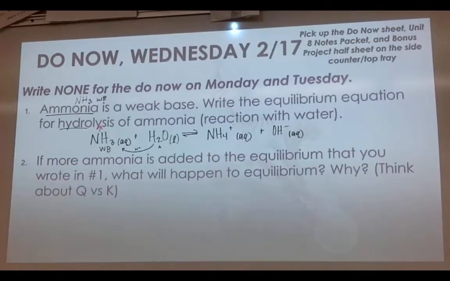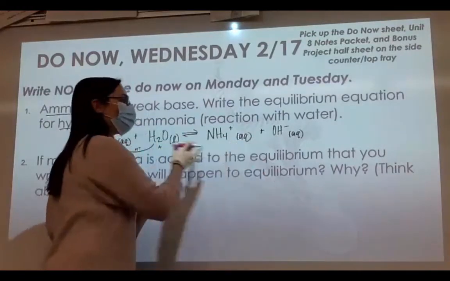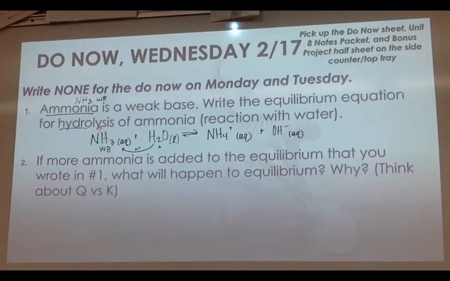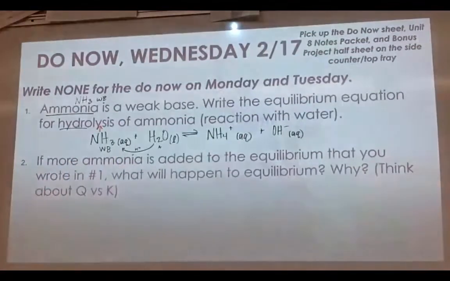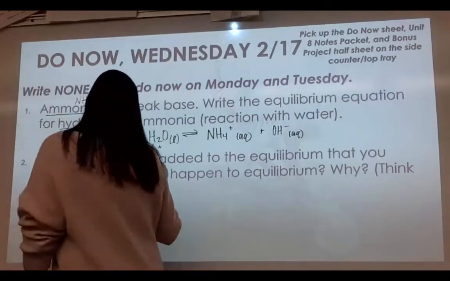I'm increasing the amount of NH3. So this reaction was already at equilibrium. Then we said, okay, we're going to add more NH3. Now we're disrupting equilibrium. And remember when we talked about disrupting equilibrium, that's looking at Le Chatelier's principle and Q versus K. If I think about Q,